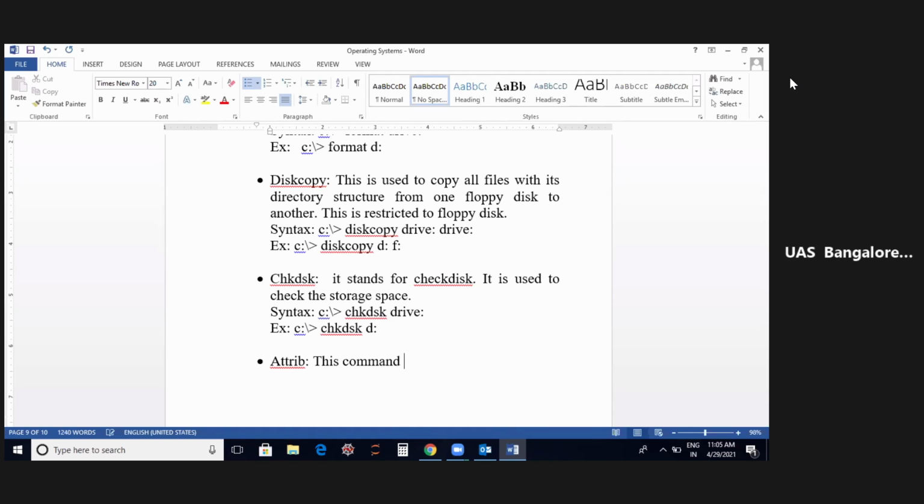This command gives the status of the file. The syntax is attrib.